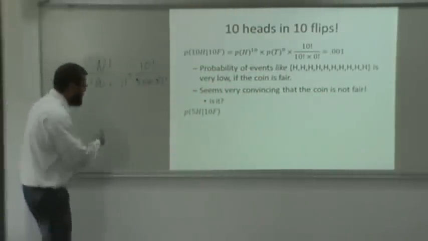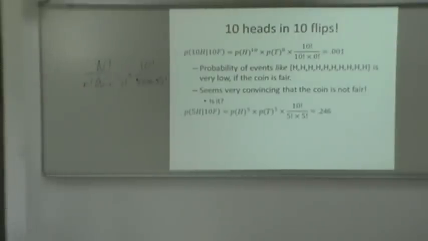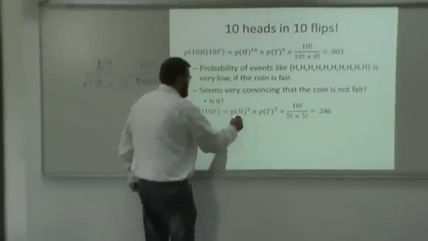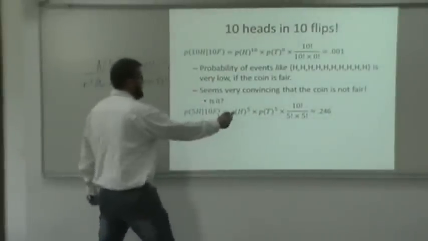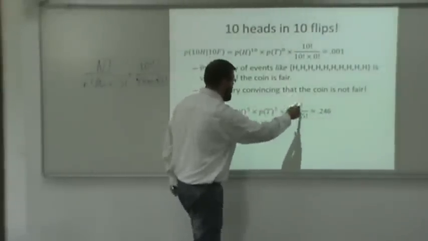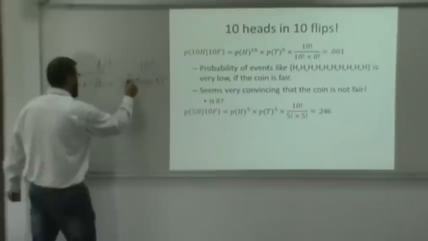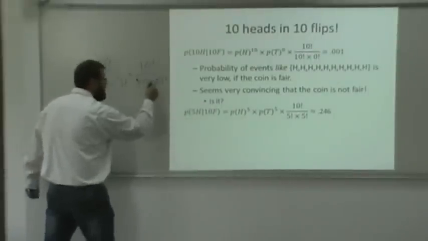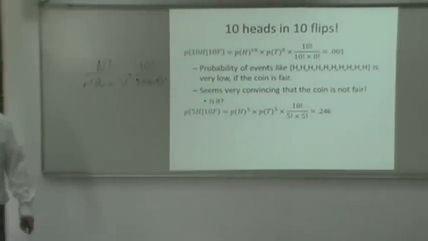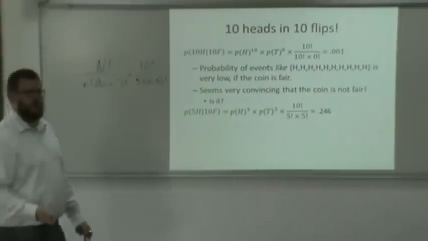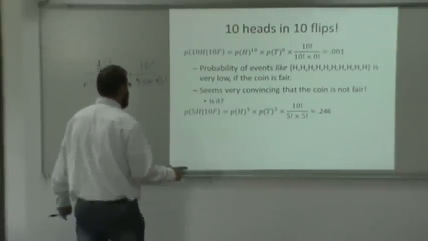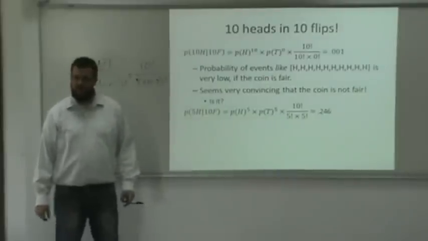So the probability of 5 heads in 10 flips is just the probability of heads to the 5th times the probability of tails to the 5th times 10 factorial over 5 factorial times 10 minus 5 factorial. And the probability of that is approximately 0.24. So 1 out of every 4 times almost, we would see an event like this,